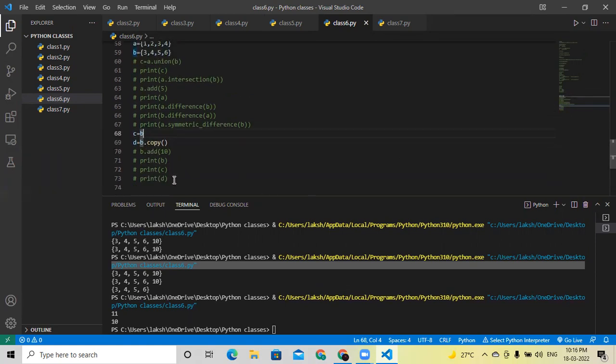If you add 10 here, I added 10 to set B, then B is 3, 4, 5, 6, 10. But in D, I also copied this by using the copy function. That means, by using the dot copy operator,